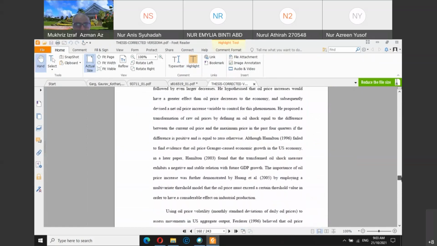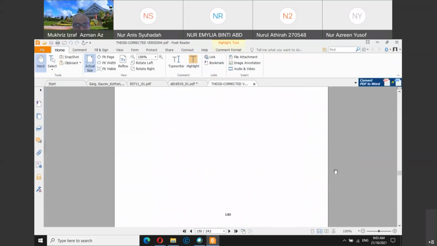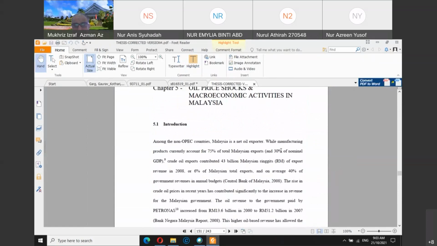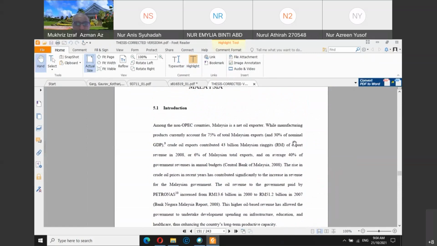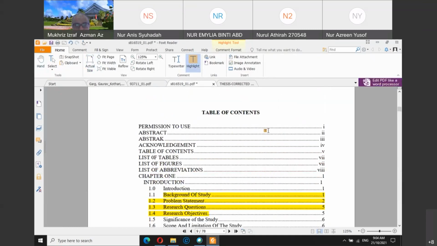Okay, and I will show you how an introduction should be written. Of course, I'm not saying that my thesis is the best one out there, but at least since I'm the one teaching you, you might as well follow what I think is the proper way to write your introduction. Okay, so what you saw in the previous thesis from the student, the impact of